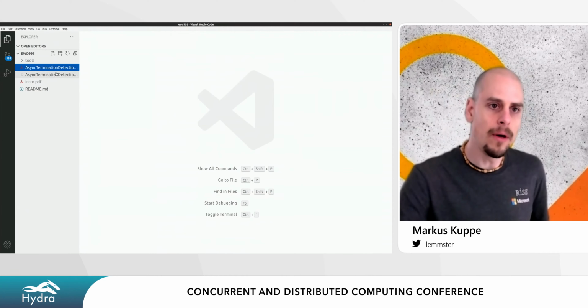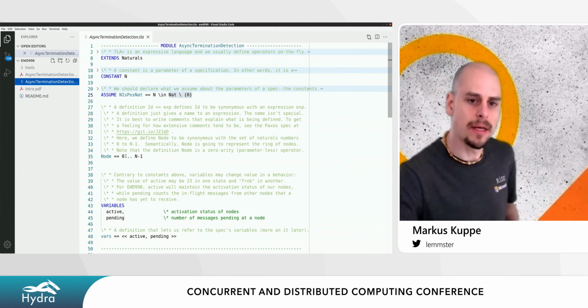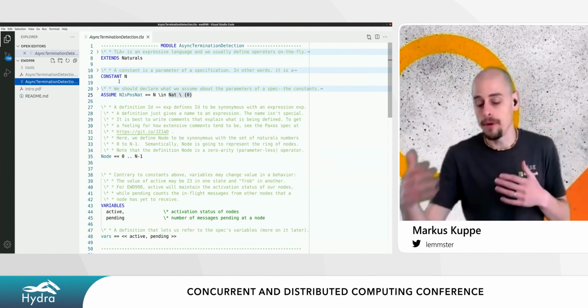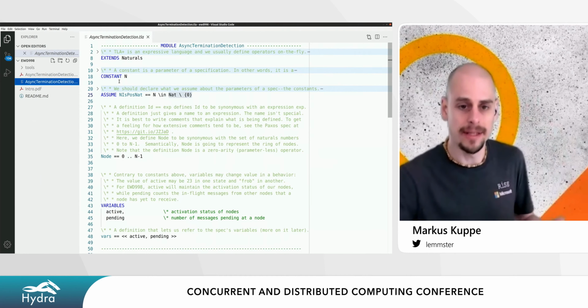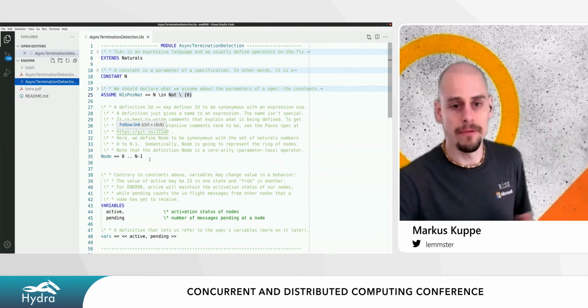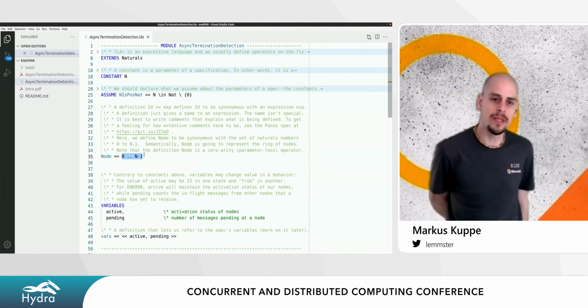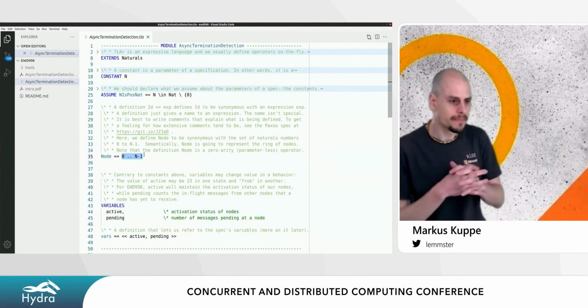Okay, so we now know that n is a natural number. It's fixed throughout the computation. It's constant, doesn't change. You know constants from programming languages. And then we come up with a first definition, because really now,